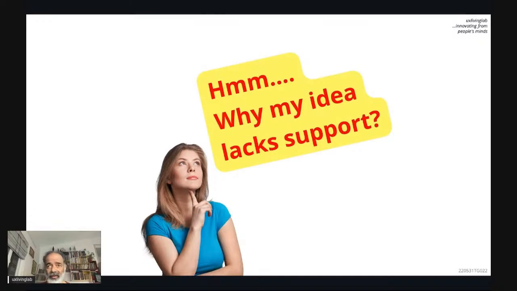It's a great question you have to tackle. Even after all this analysis, the client needs it, your market needs it, you've done the competitor analysis, how we can do it in a different way, you have the execution plan, you have the SWOT analysis, everything you have done. Still, it stops at a point. At this point, you will be frustrated because no one is supporting your idea. Why does my idea lack support?